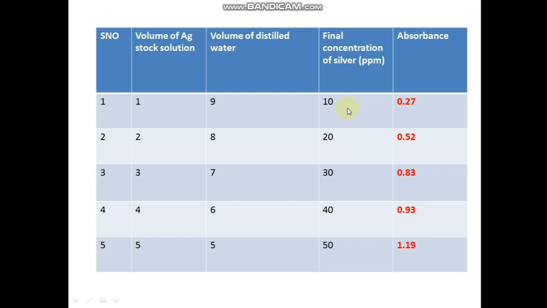While measuring the absorbance value for each concentration, every time we have to rinse the cuvette with the same solution and wipe the outer side of the cuvette using tissue paper before we place it into the instrument. These are the values for all the concentrations actually obtained from the instrument. The next step is to plot a graph between the absorbance and concentration, so the Beer-Lambert law is to be verified here.